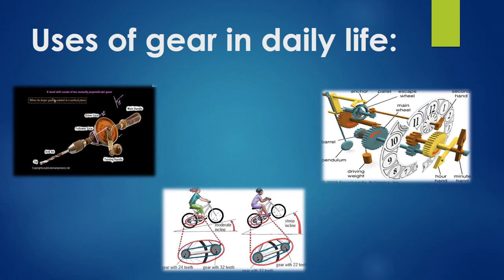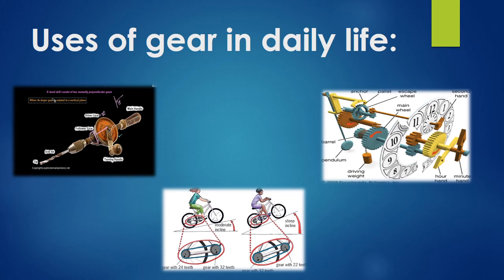Now I will tell you about some more examples of gear system. One more example is the wind-up clock. In the wind-up clock, you can see that it is made of many gears. There is a bigger gear, then a smaller gear, then again a bigger gear attached to a smaller gear. So here there are pairs. Smaller gears can be two to three, they can be any number, but bigger gears are only one.